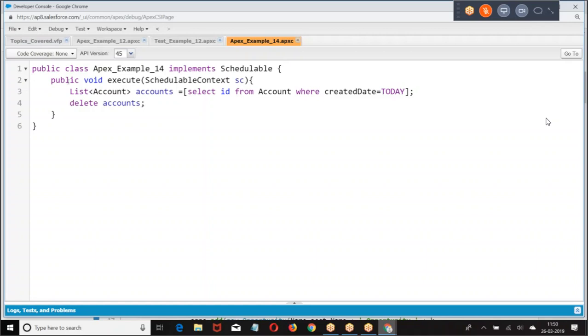Write the schedule Apex test class. Schedule Apex is also an asynchronous operation. It should also be defined within Test dot startTest and stopTest.